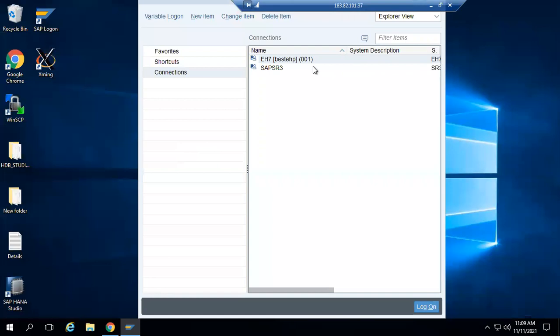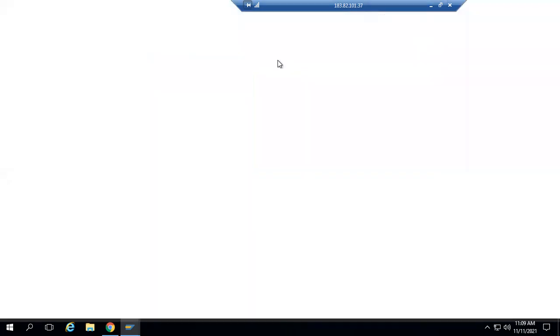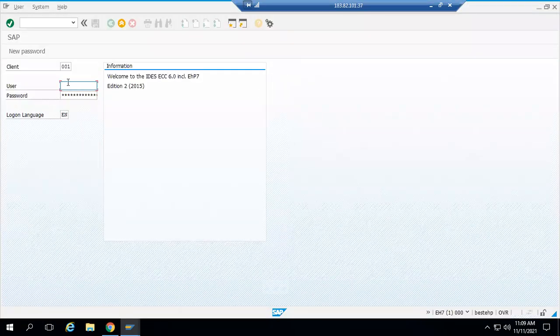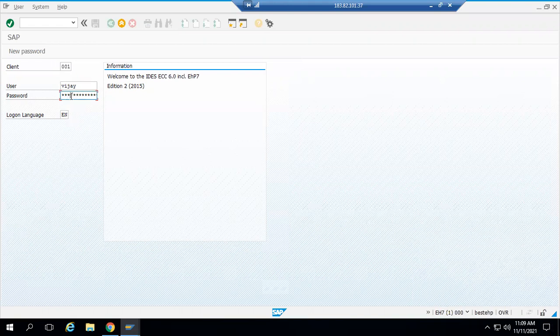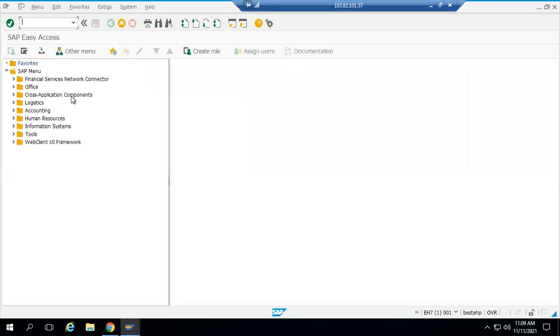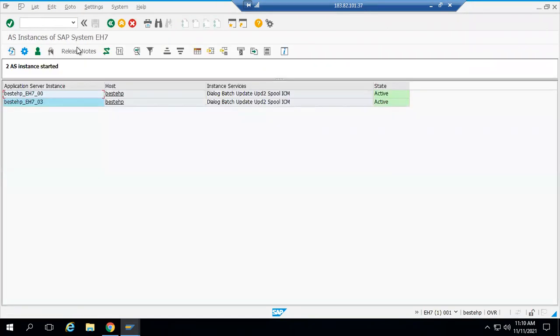Okay, go to the SAP Logon Pad and open your system. The existing kernel version can be seen from SM51, in release notes.